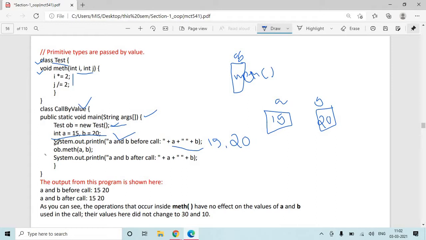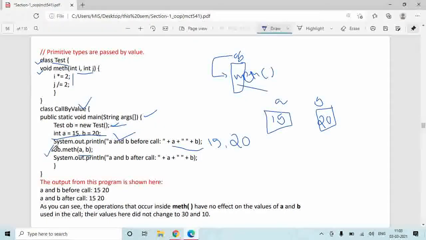Then in the next line you give a call to the math function. Since math function is a member function of class test, it must be called with respect to an object. So ob.math. You gave a call to the math function, ob.math, and inside that you pass two values, a and b.